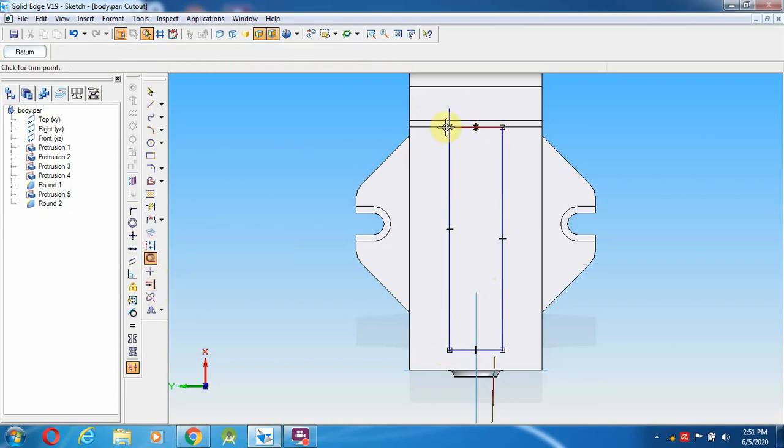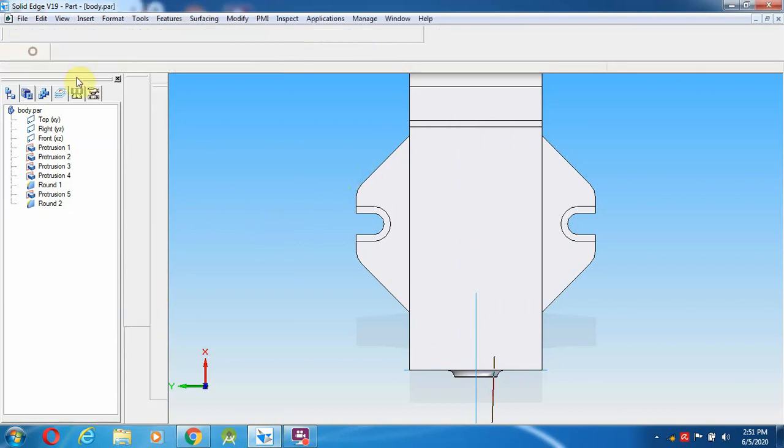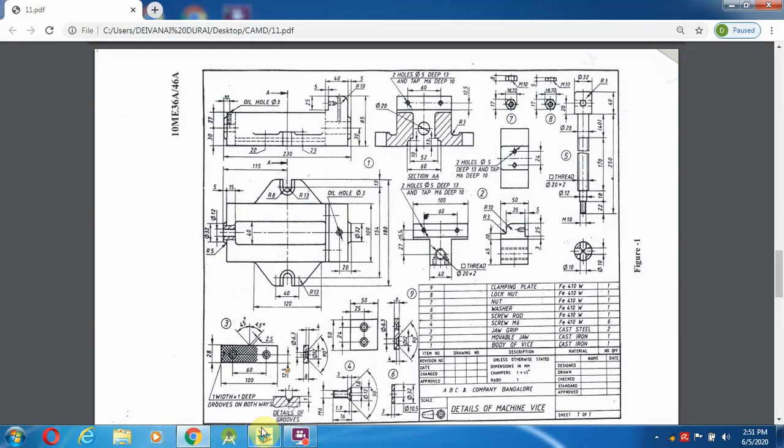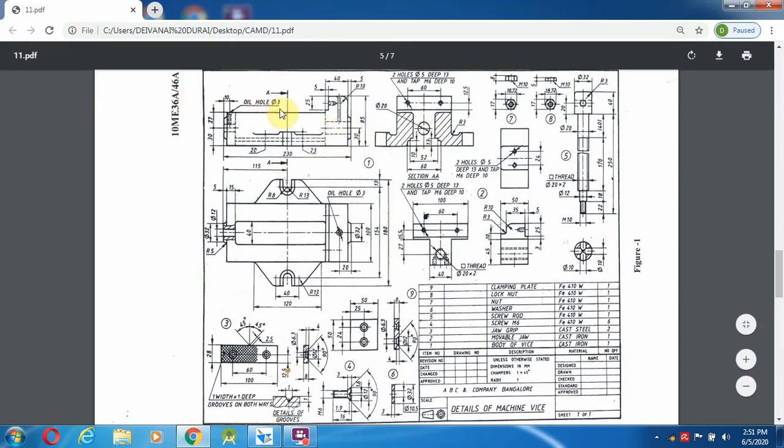I'm going to close, then use trim, I'm going to trim to over here, then return towards down. So those cutouts have to be made over here. After making the cutout, even if you see over here, the length has to be equal. So those diameters are not given even in the top view. Even you can check, because from here to this portion has to be removed. Okay, so that this hole we can view. So the diameter is 20 mm.